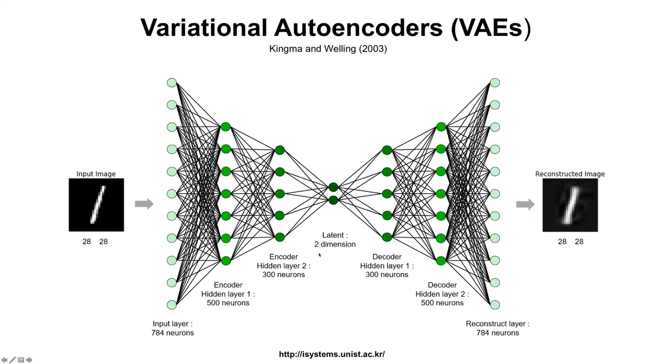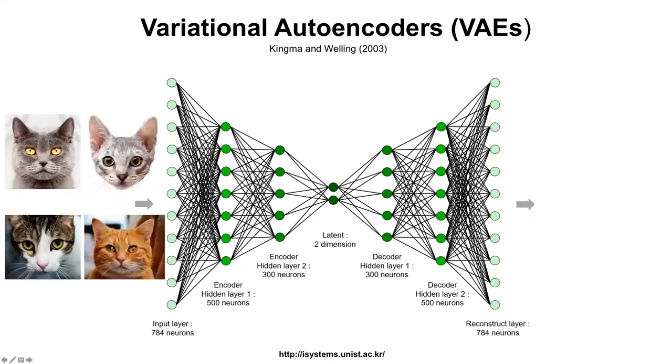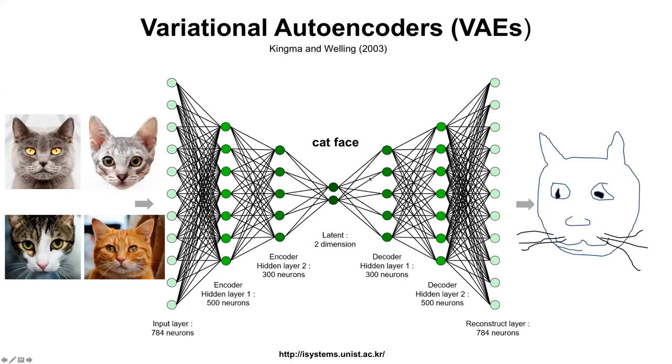Variational autoencoders are a type of autoencoder, but generally how it works is like this. We have our input data, whatever these are, and we put it into the autoencoder. In this case, our latent space, or reduced dimension space, learns 2 dimensions, cat face. And then it reconstructs the original data based on this. So maybe after a few generations, it looks like this. It's not good. I drew this while I was eating a sandwich and with my left hand. So it's not nice, but it's a good start.